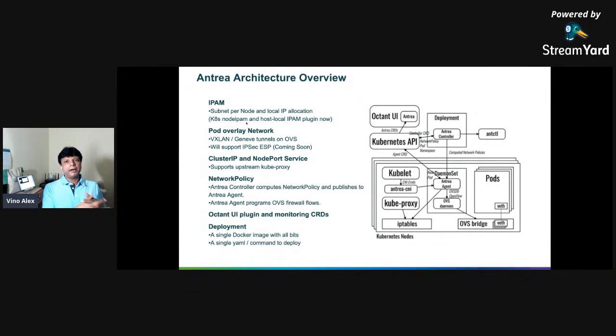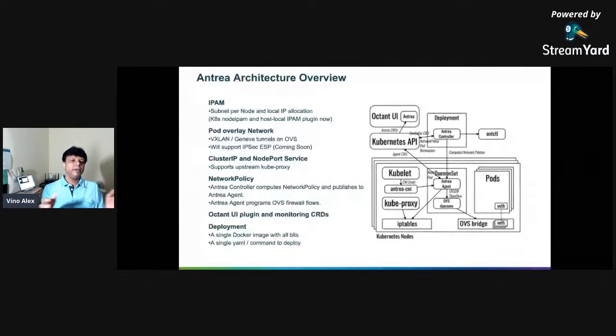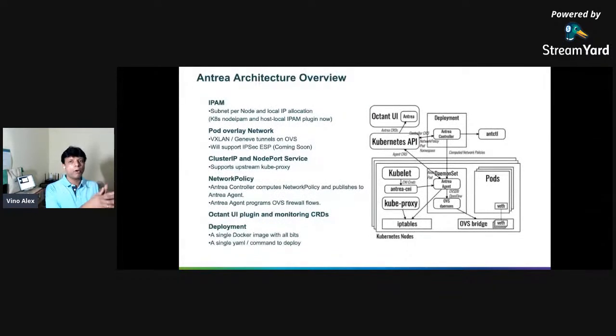Once you deploy Project Antrea, it will create a subnet per node and a local IP allocation. It will immediately distribute the CIDR you are defining for the pod network as a small CIDR to each of the nodes, and from that CIDR it will allocate the IP address to the pod. That's how it is working.